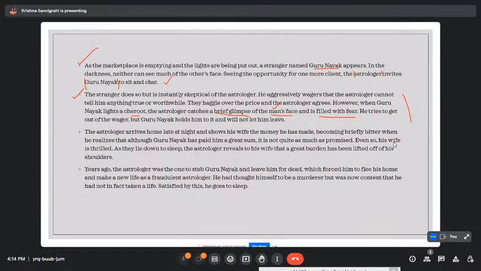So the astrologer arrives home late at night and shows his wife the money he has made, becoming briefly bitter when he realizes that although Guru Nayak has paid him a great sum, it is not quite as much as promised. Even so, his wife is thrilled as they lie down to sleep. The astrologer reveals to his wife that a great burden has been lifted off of his shoulders. Years ago, the astrologer was the one to stab Guru Nayak and leave him for dead,